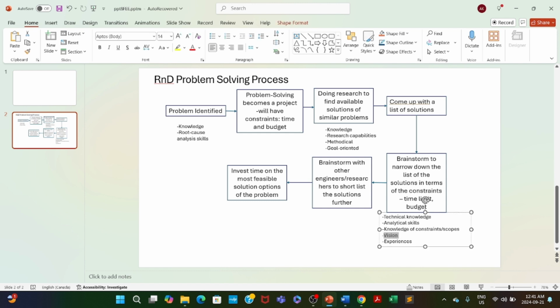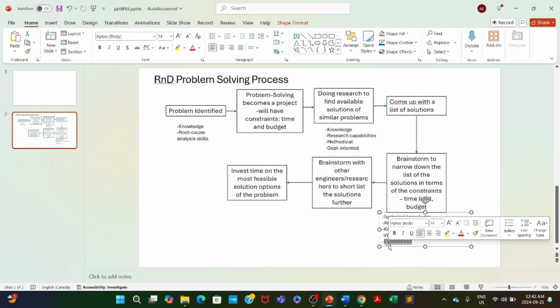So we will need to have vision. Vision means we need to see the path through each option, like how that is going to be done, how that process is going to flow, and that is determined by our vision, and also experiences. So have we done similar projects before? If I haven't done this project before, I'll have to get someone who has similar experience so that that person can provide feedback